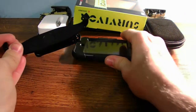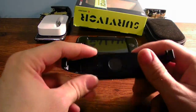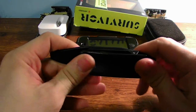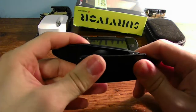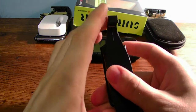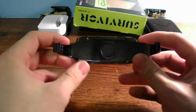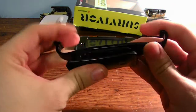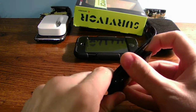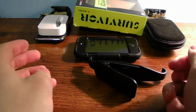But if you want to use the clip, I'd recommend just sticking your iPod in your pocket. I do not recommend using the clip at all because it's not really good. I mean, it's pretty strong for the design, but it is weak in some areas. If it was completely snap-full, if it was thicker, a little bit more rugged, more tougher, I would recommend using the clip itself. But you can see you gotta peel it like this, and it comes like that, and it snaps in, and you can use it as